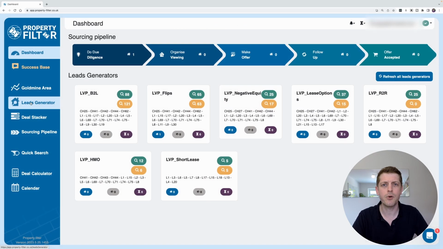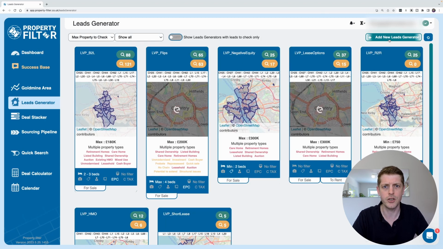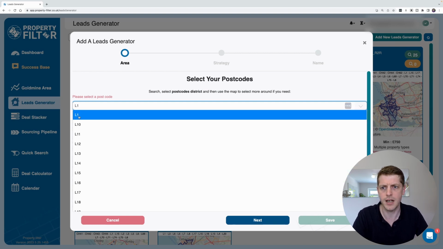So I'm currently here on my Property Filter dashboard, and the first thing we need to do is to set up a new lead generator. So if I just go to leads generator on the left hand side and click, and then here we've got add new leads generator. So if I just click there, the first thing that we need to do is to go and select our area. So I'm going to look in Liverpool. So if I just type L1 and then go and select L1,